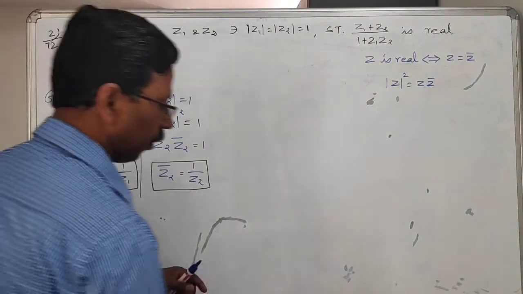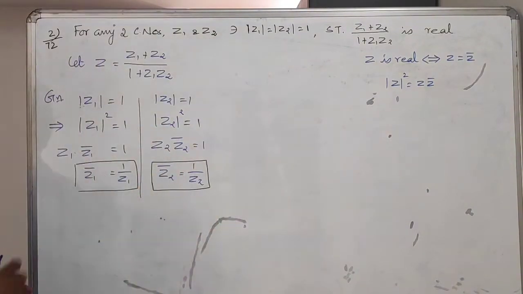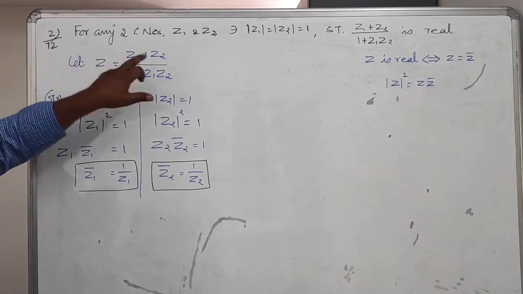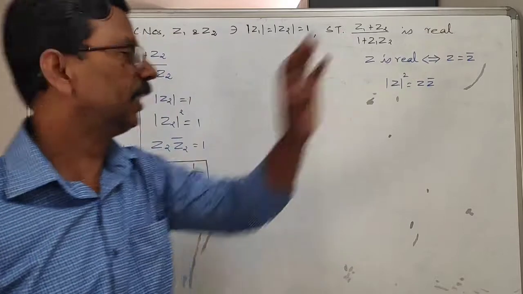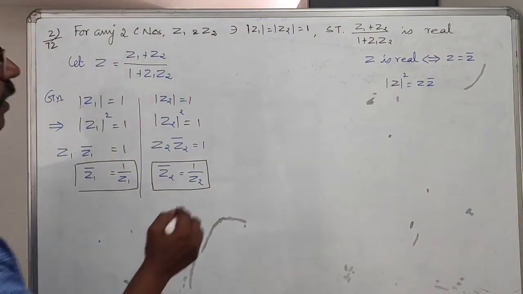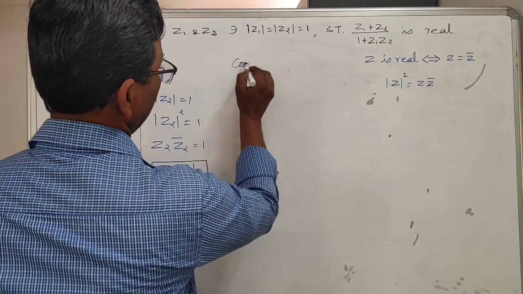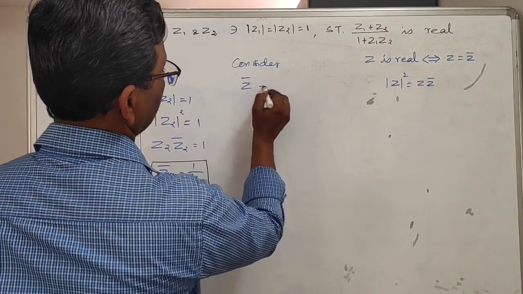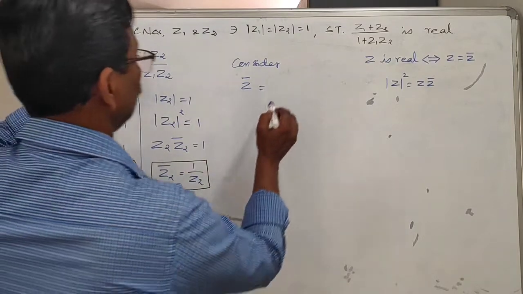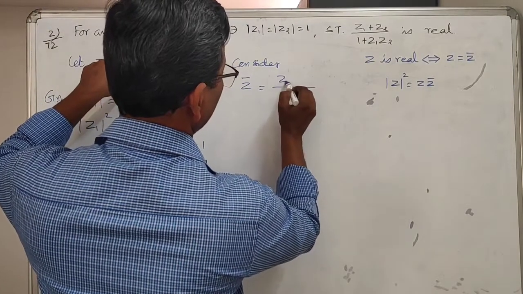Okay. These are very important things. Based on this only we can prove this Z is real. If Z is real, means we need to show that Z bar is equal to Z. Therefore, let us consider Z bar. Z bar means for this we have to take conjugate, that is Z1